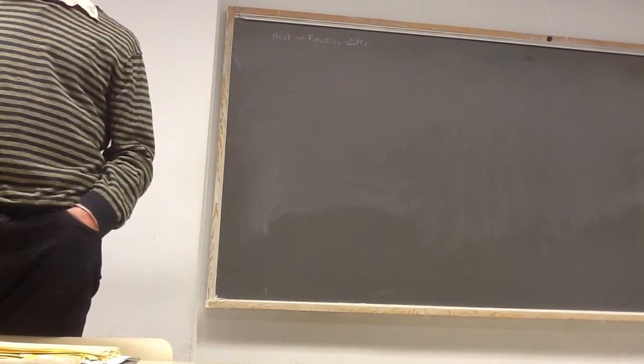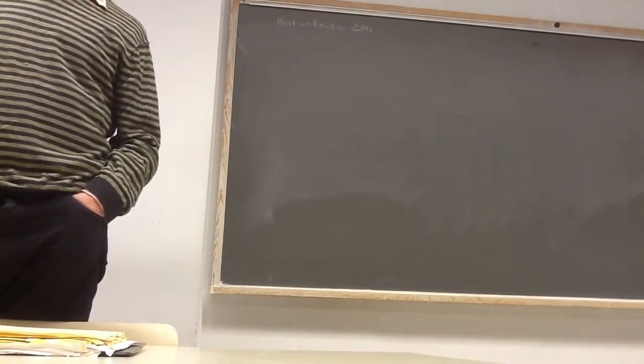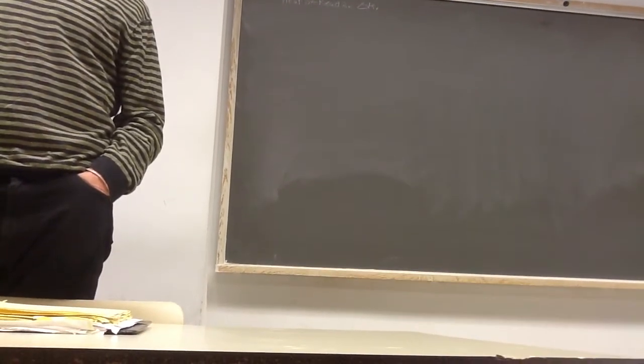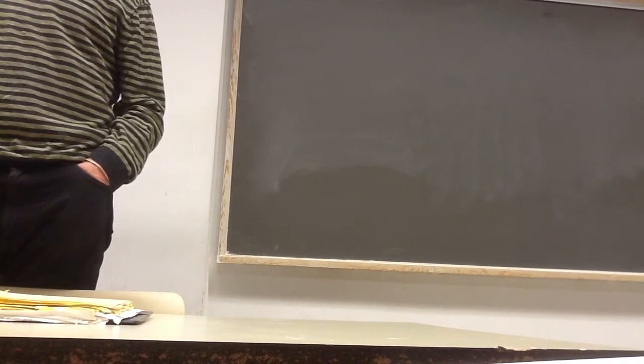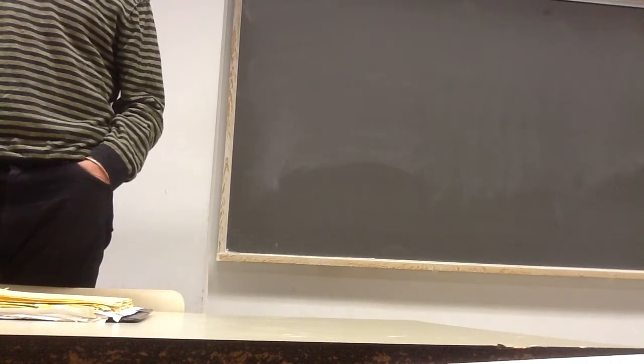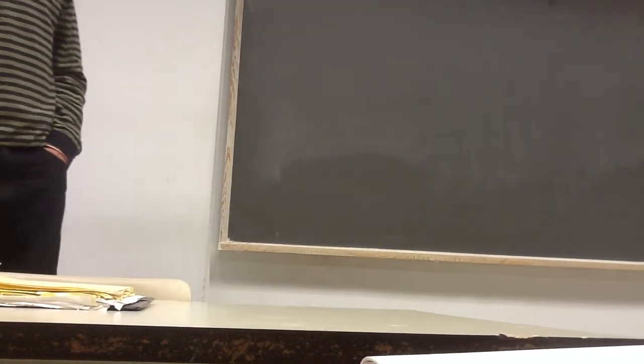You can know whether the reaction's endothermic or exothermic. Depending on the sign of the heat of reaction, you know whether the reaction's endothermic or exothermic. And it's also, of course, useful in a heat balance because you know how much heat is actually either absorbed or evolved upon reaction. So Van 't Hoff's equation